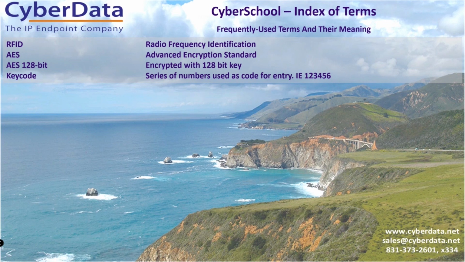Then we've got AES, which is probably one of the most simple ones that we have on here. That's Advanced Encryption Standard. It's pretty standard across the board, where you'll see different numbers attached to that AES, and whatever the number is, it's just the number of bits that are basically used for that encryption. So in our case, we use AES 128 bits, and those bits again are just ones and zeros. So you've got 128 characters that could potentially be either 1 or 0, which gives you that potentially gigantic number of 2 to the 128th power, which is just so many numbers that it becomes hard for any standard